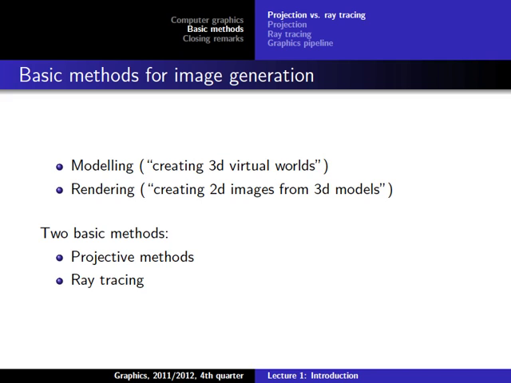Good. So I said we will not talk about animation, but we will mostly be dealing with modeling and rendering, and mostly with rendering and a little bit about modeling. Modeling is, roughly said, and this is not a formal definition, but just intuitively, basically creating a 3D virtual world, and rendering is then creating a 2D image based on this 3D world, which is a mathematical abstract description of a 3D world or a 3D scene, and then putting that abstract 3D description onto a concrete image, which is basically a matrix of single